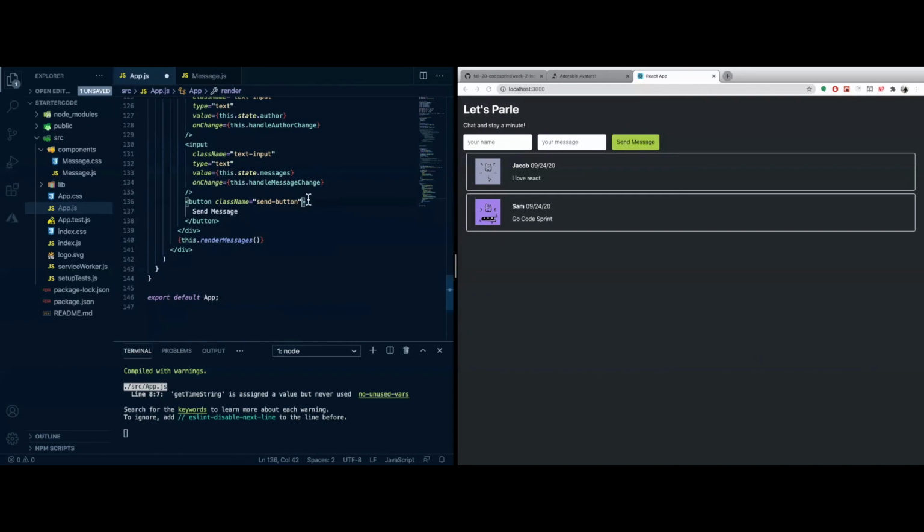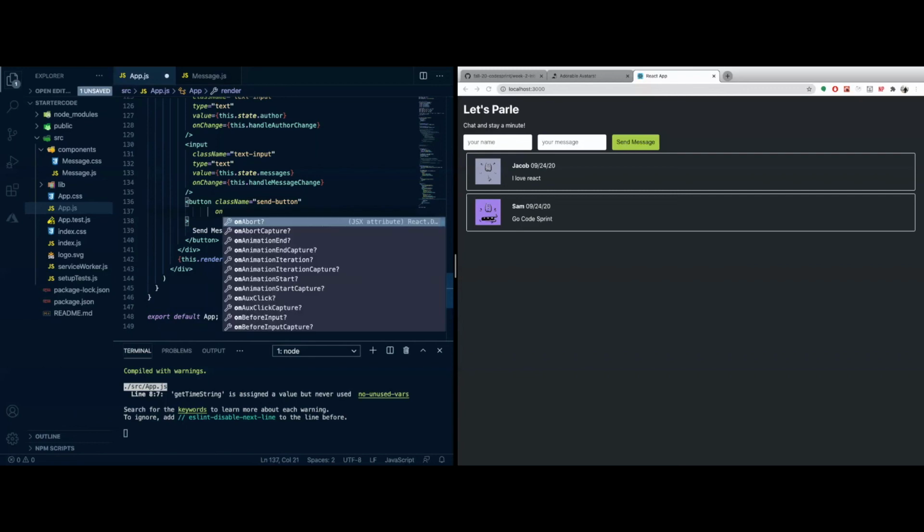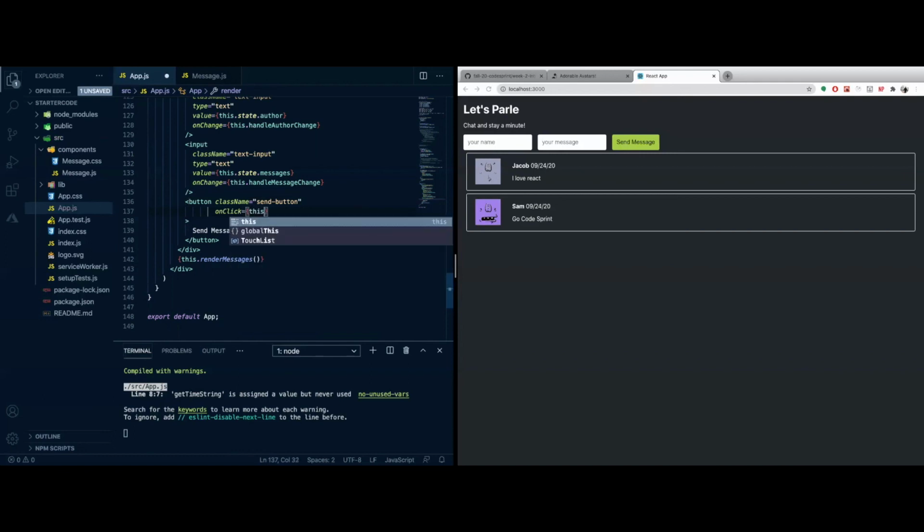So right here, on the event of clicking the button, we can set its action to be create message, right? And so now this should handle creating a new message, and that's pretty awesome. And so finally,